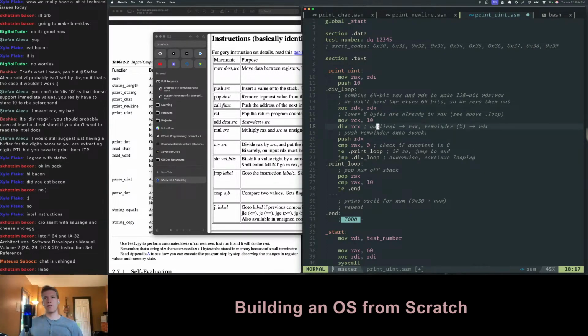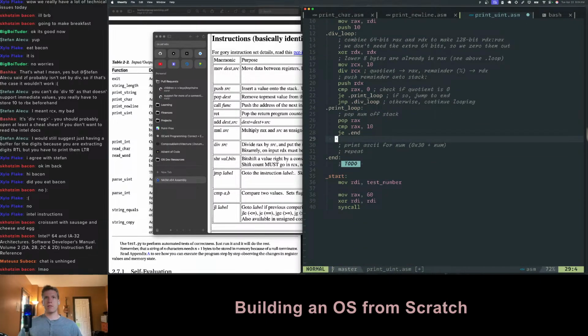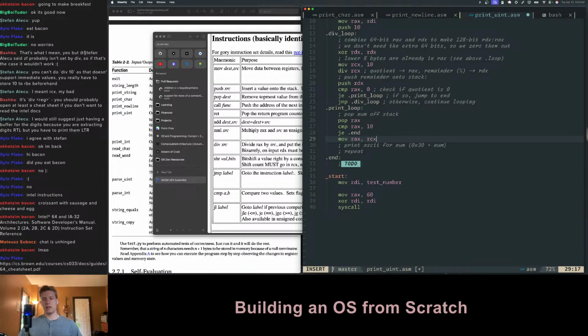I was just using it for the div thing. I'll just use it here too. So maybe it's a good one to use for math. Move RAX into RCX, and then